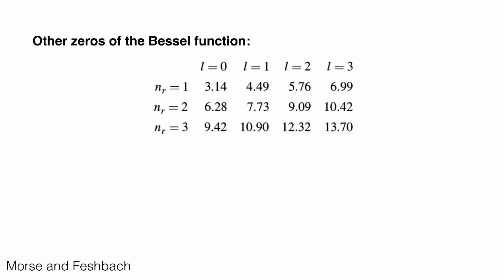That means that these are all the possible eigenstates corresponding to the eigenfunction. You will see on the first column there that for L equals 0, just like we showed in the previous slide, the zeros will be at pi, 2 pi, and 3 pi. And then all the other solutions will be obtained numerically. Okay? So all the zeros there are the values of k's that will work out, that will actually give us